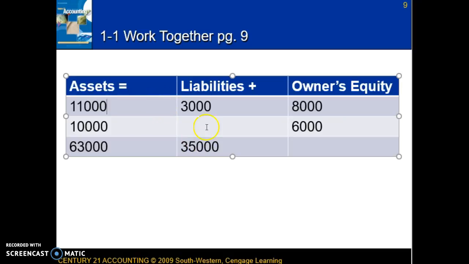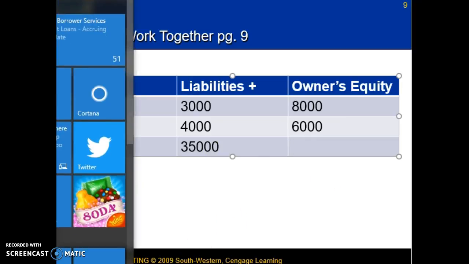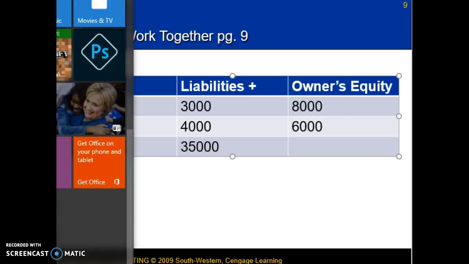Now, just like you would solve your equation here, our assets is 10,000 equals, we can call this X right here if that helps you, plus owner's equity. If we subtract 6,000 from 10,000, you would now get 4,000. I'm going kind of fast through this because I assume this is something you possibly have already covered before in a math class. Same concept.